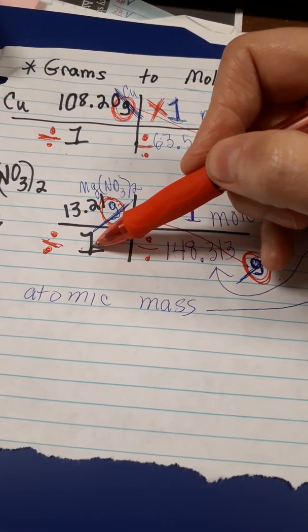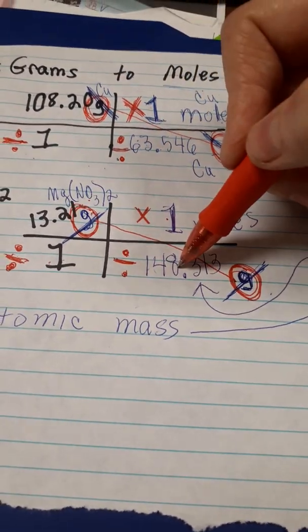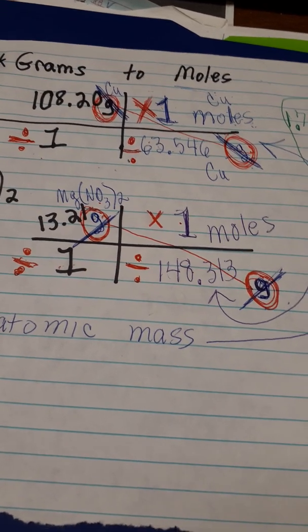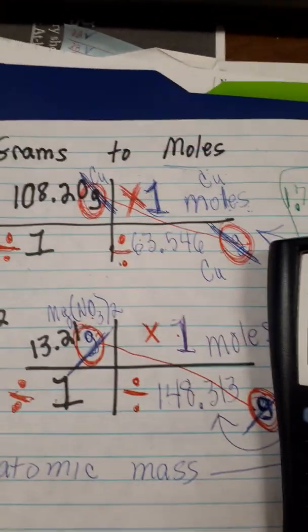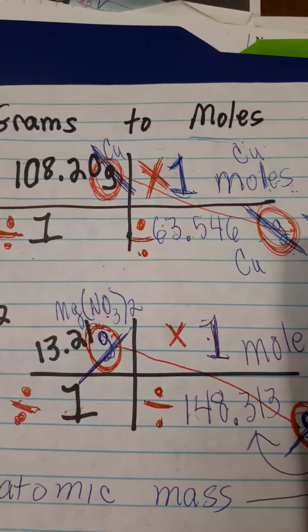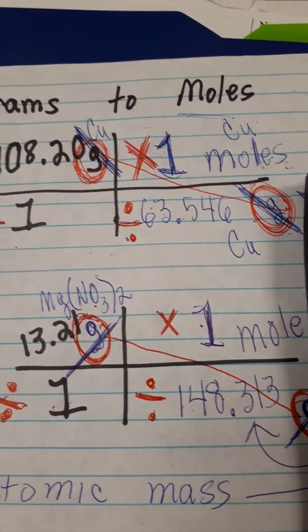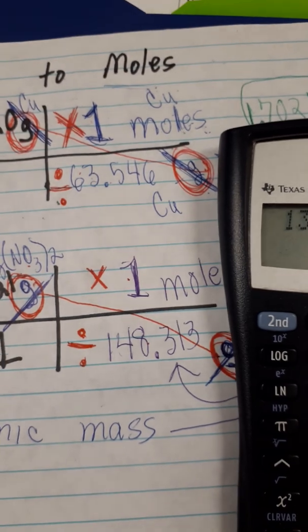It will not change the value of the answer. But what you must do is you must divide by the molar mass. You can do times 1, divide by 1, but you must divide by